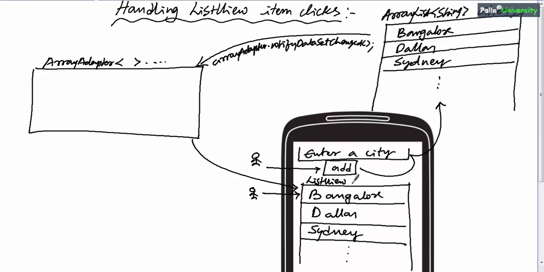Tell me, how will you handle button clicks? Let us say this button name is b. To handle the button click, we will use a predefined method called b.setOnClickListener. Similarly, let us say this list view variable name is lv. Just like you have setOnClickListener for button b, there is a predefined method for list views to handle item click listeners. That method name is setOnItemClickListener.